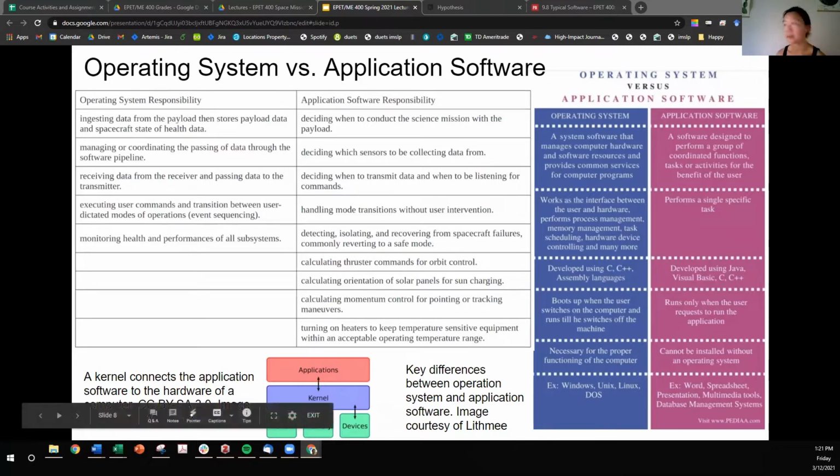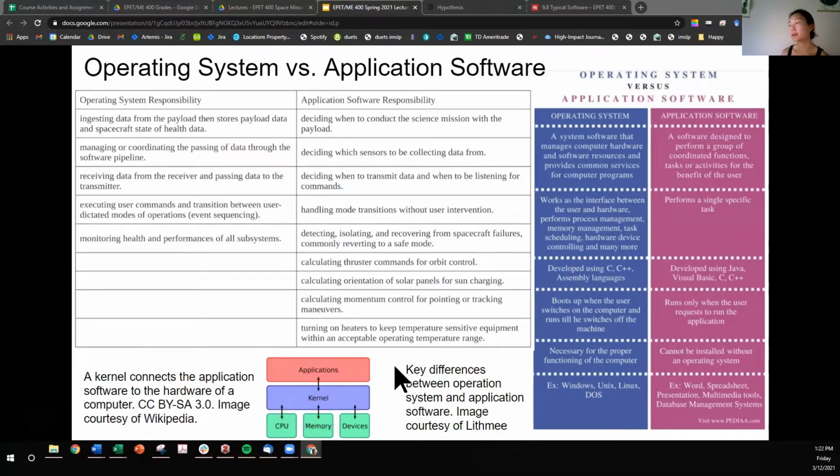Application software, on the other hand, includes mission-specific software, which does work required by the user or the mission rather than in support of the computer. The application layer is one level of hierarchy closer to the user, so you don't have to do the nitty-gritty work of managing the hardware. Instead, you can encode logic that is relevant to the mission. So some examples of that,